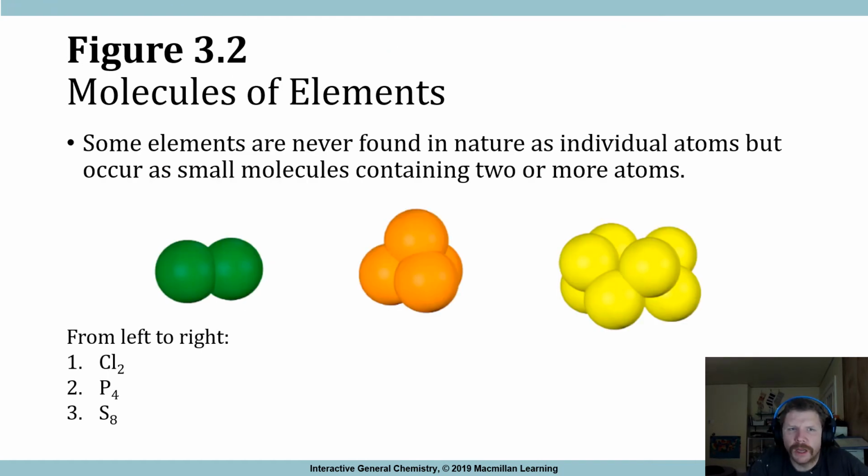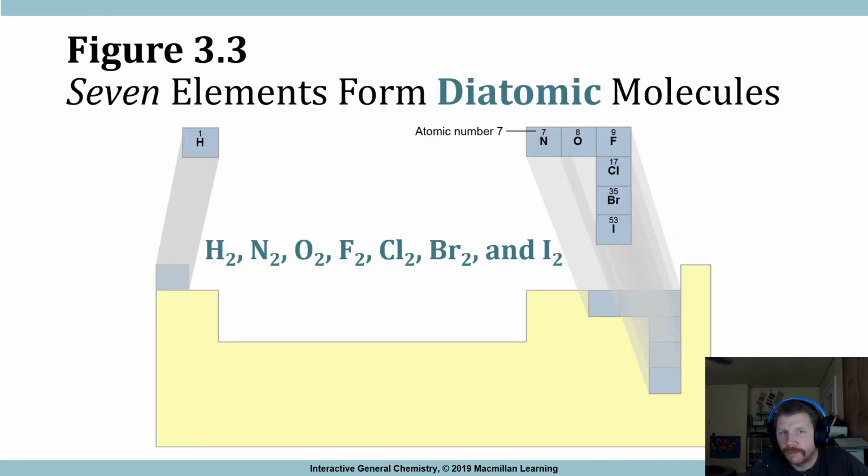So, molecules of elements. Some elements are never found in nature as individual atoms, but occur as small molecules containing two or more atoms. So from left to right, we've got Cl2, P4, and S8, four phosphorus and eight sulfurs that kind of pair up with one another. Now, a couple of very specific examples of these that I want you to commit to memory, and I'll